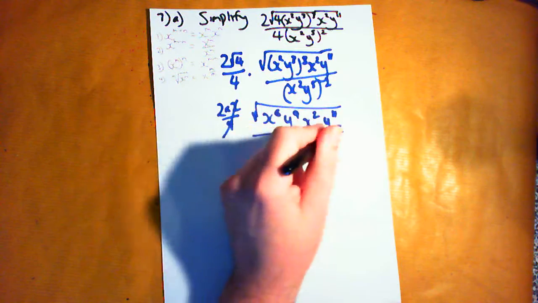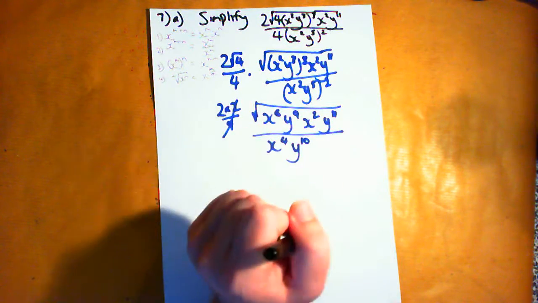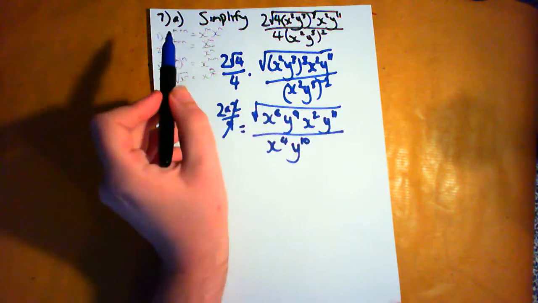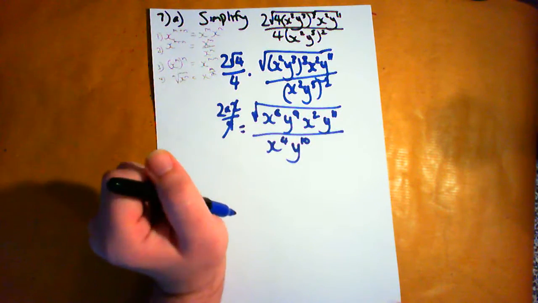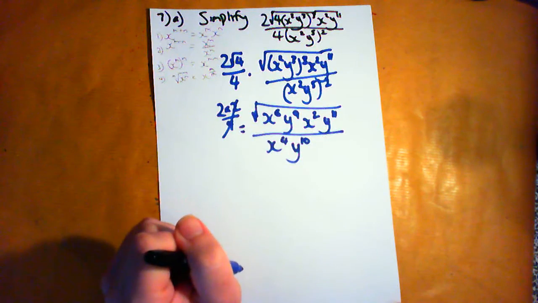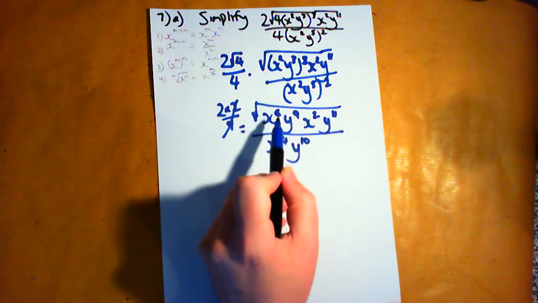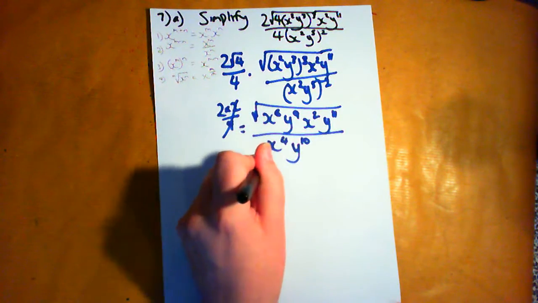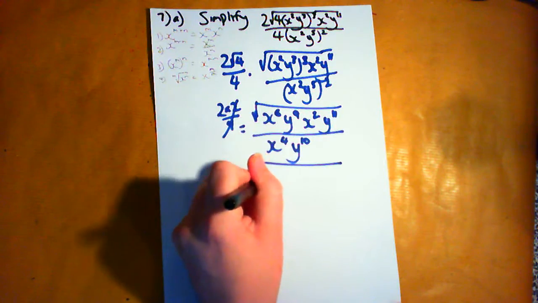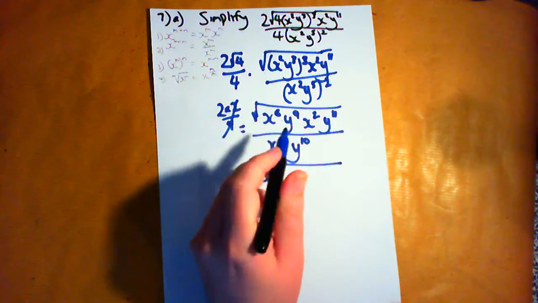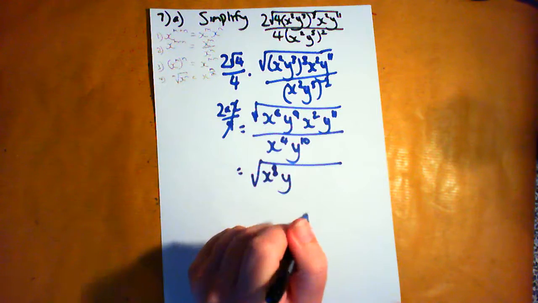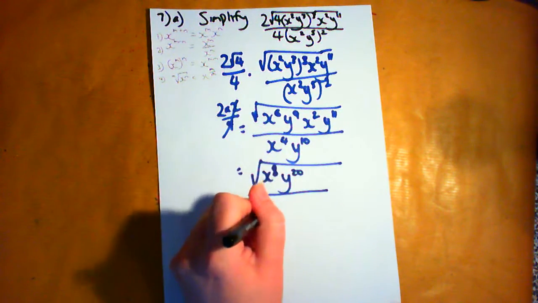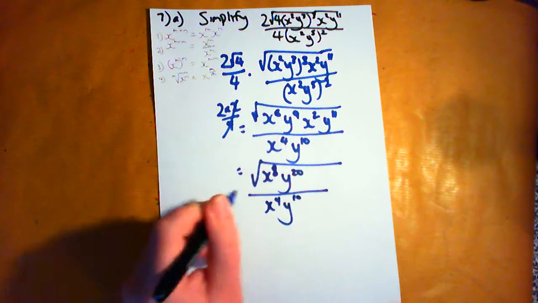Now we want to simplify a bit further on the top line. We want only one power of x on the top. So we can use rule number 1 here. x to the m plus n equals x to the m times x to the n. So x to the 6 times x to the 2 will be, add those powers, gives you x to the 8 times y to the 9 plus 11, which is 20, over x to the 4 times y to the 10,